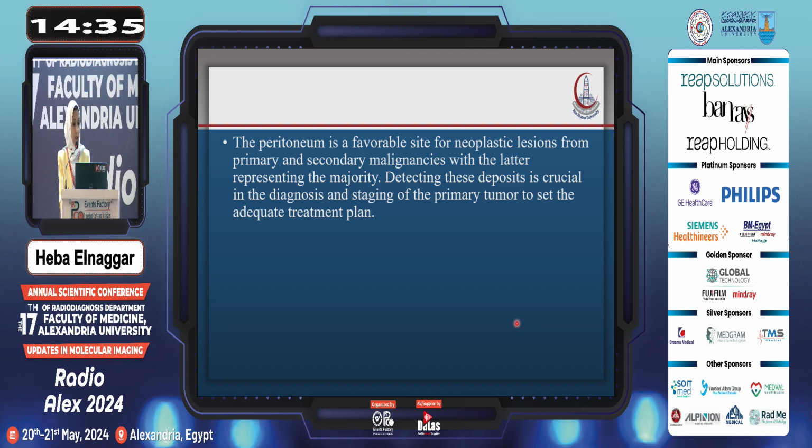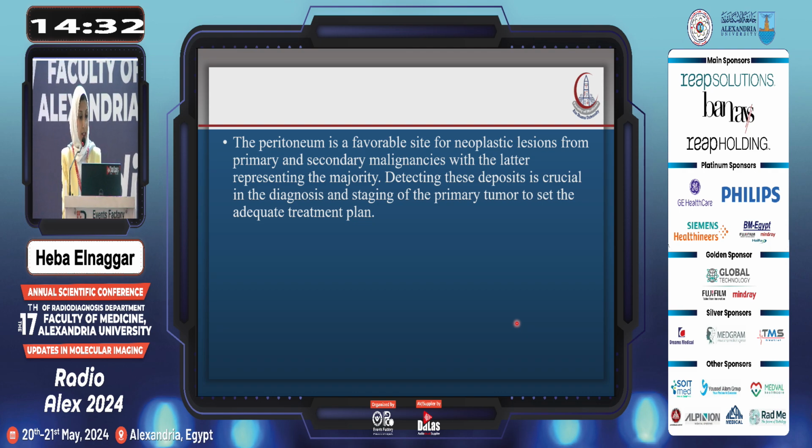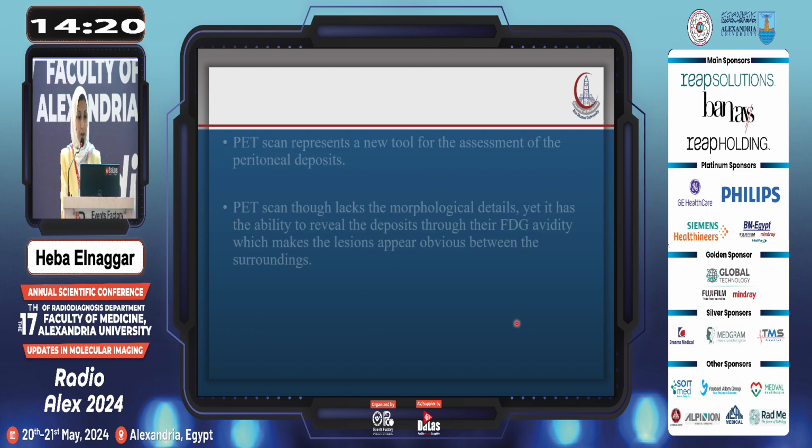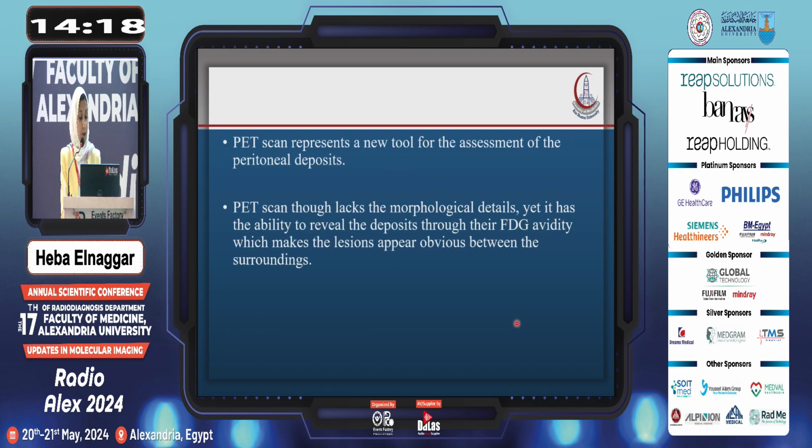Detecting these deposits is crucial in the diagnosis and staging of the primary tumor to set the adequate treatment plan. As we all know, the routes of spread are through direct invasion from nearby organs, intraperitoneal seeding, lymphatic, and hematogenous spread. PET-CT represents a new tool for the assessment of the peritoneal deposits, and though it lacks the morphological details,